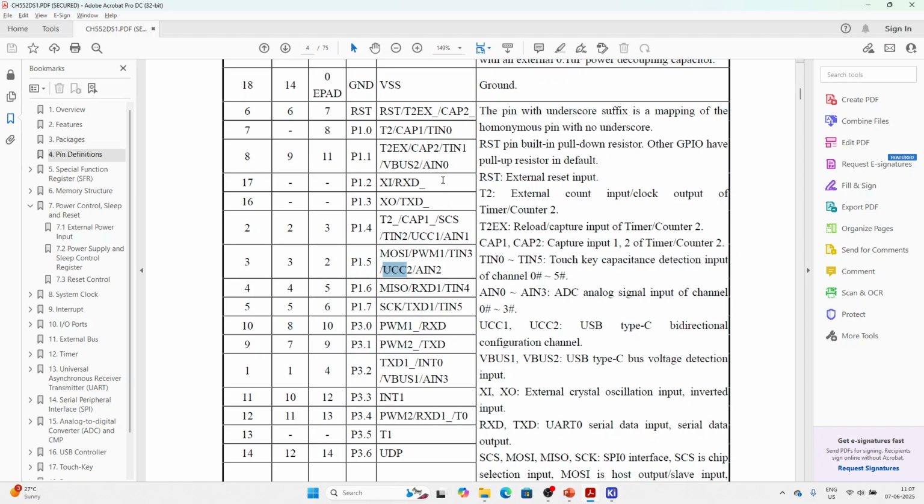The VBus data can be captured from here, VBus 1, VBus 2. There should be VBus 1 as well. Where is that? Yeah, pin 1. So that can also be done,